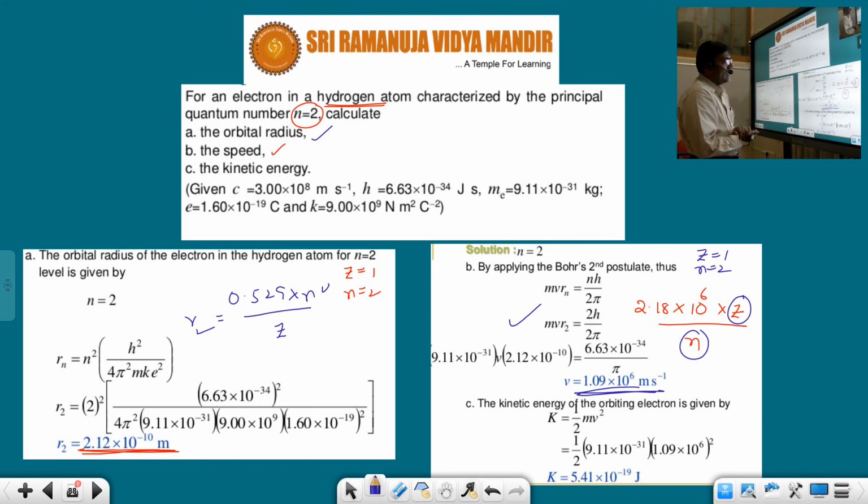Now kinetic energy of an electron. So kinetic energy, once you know velocity here, mass of the electron you know, and velocity you can write here. So you can calculate. You can see in 1 minute I calculated everything. So it's pretty easy when you know the subject, when you know the concept, when you have a clear conception of the subject. So with this we end the numericals associated with energy.